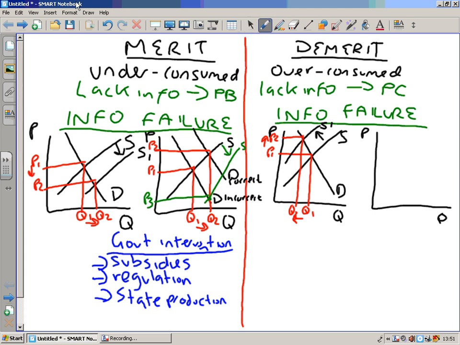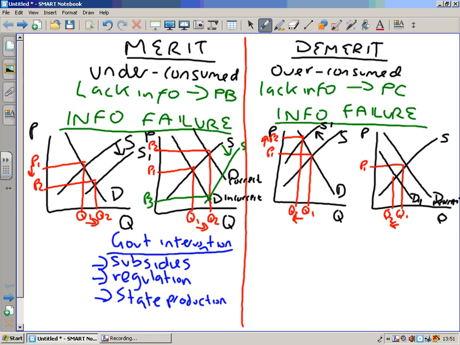Let's think about the more difficult diagram. Again, we've got an equilibrium point. So people over consuming it, P1 Q1 is the equilibrium point. Again though, this demand line is wrong, it's incorrect. If people were demanding in the correct quantities, there would be this one, I'll call it D1 for simplicity. That is the correct demand line. And what we can do then, in fact, is say that we want people to consume Q2 of this product.